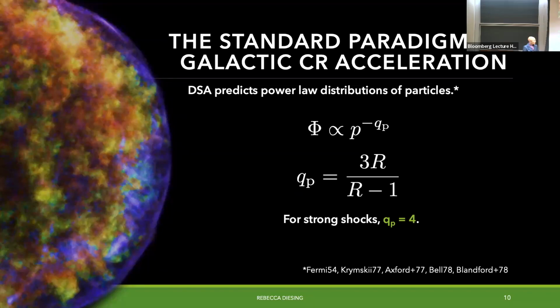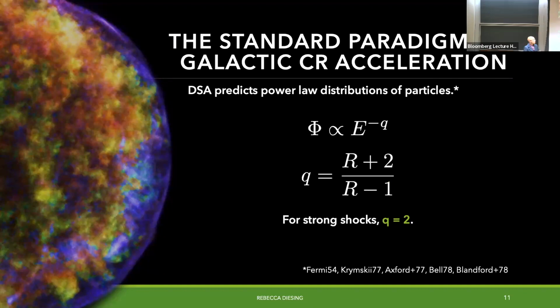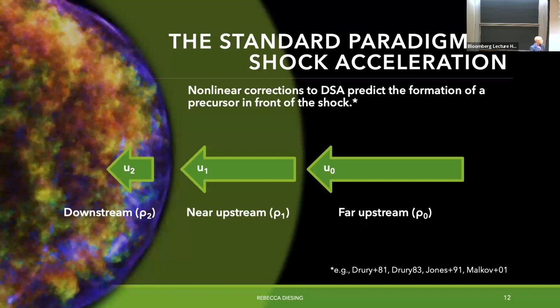For most of this, I'll be comparing to observations, so I'll talk about this in terms of energy spectra. You have relativistic particles, and this converts to a power law in energy. So this q, the energy spectrum slope, is going to be universally equal to 2. That's our prediction. Now, the reality is a little bit more complicated. We don't have a universal population of E to the minus 2 shocks that we observe. But the first thing you can think about is, why might this not be the case? Well, you have to do some non-linear corrections to this.